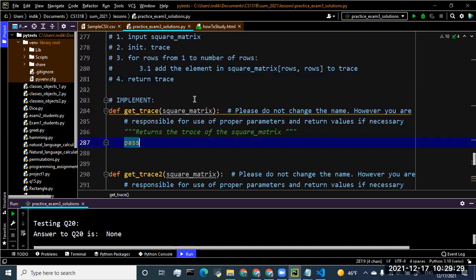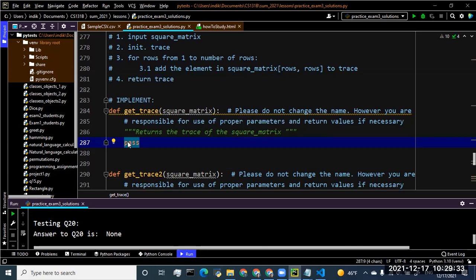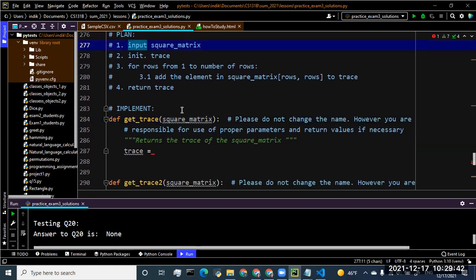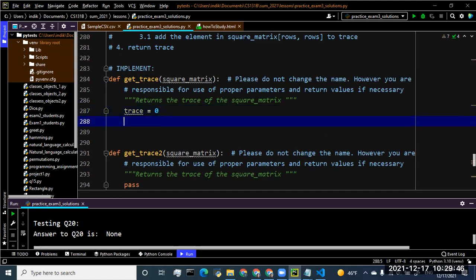So let's write this code. So we need to initialize trace. So this is our first step. Passing this variable into our function means getting the input to our function. So trace equals 0, the initialization, and then